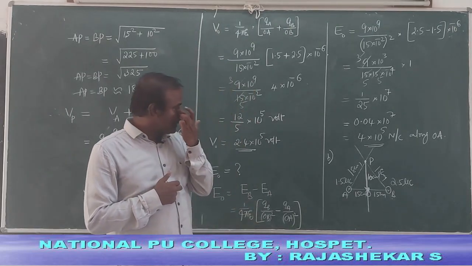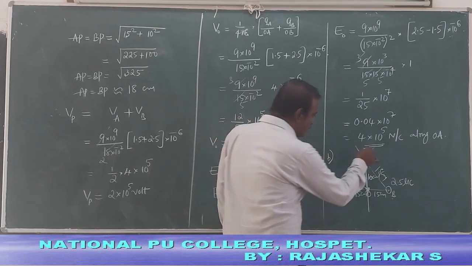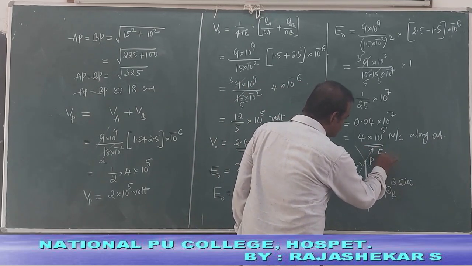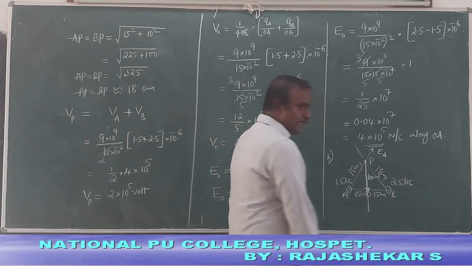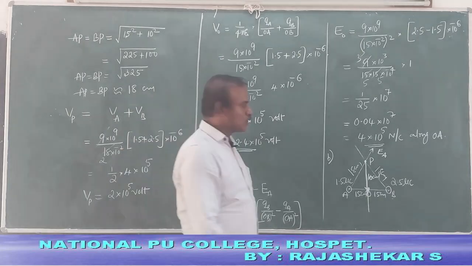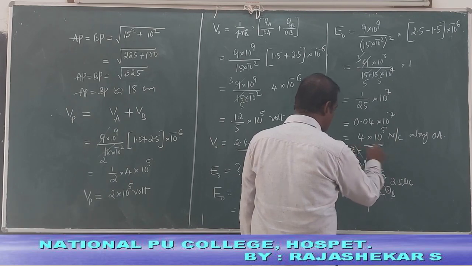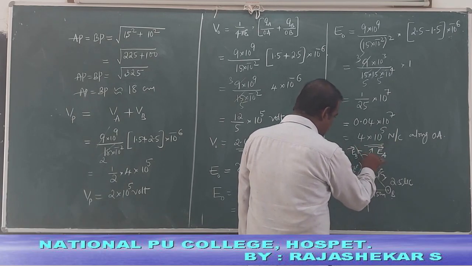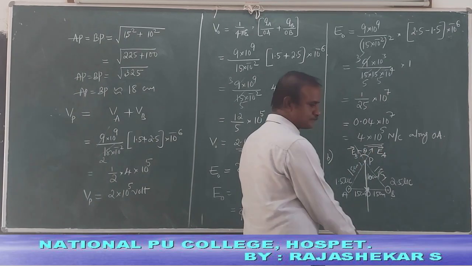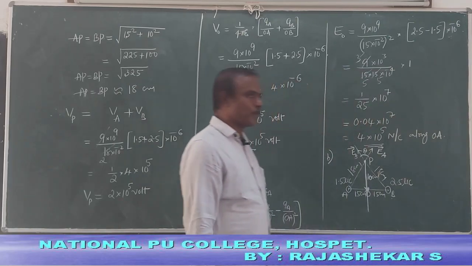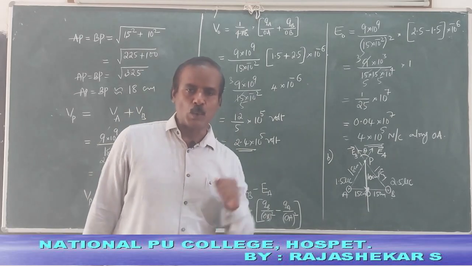Well, if you refer again, field at P due to charge at A will be away from it because it is a positive charge. Similarly, field at P due to charge at B is also away from it because it is also a positive charge. So, directions. And remember, they are separated by some angle, say theta. Now theta is not known. We have to find theta.